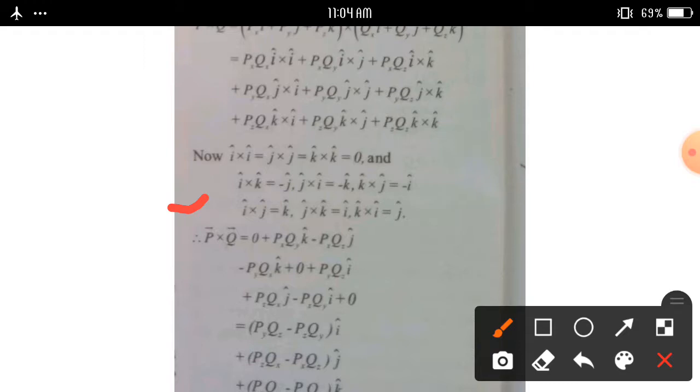i cap cross j cap is equal to k cap, j cap cross k cap is equal to i cap, k cap cross i cap is equal to j cap. According to this,